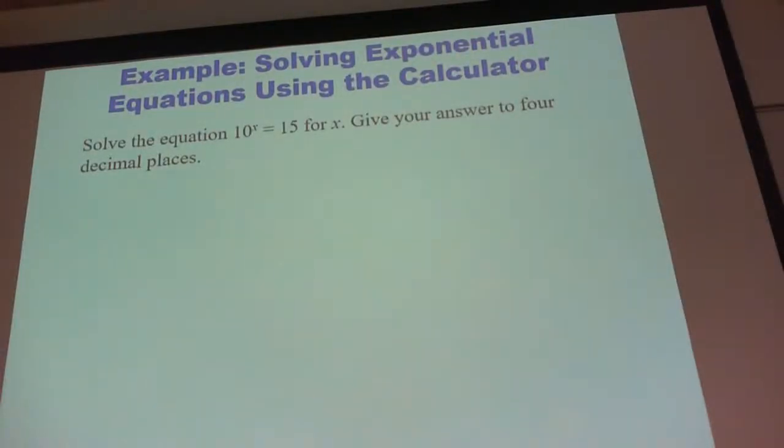Okay, what if I had, and again, if you remember these, great. If not, things to remember. What if I asked you to solve 10 raised to the x equals 15? Ten raised to the x equals 15. Okay, so the problem is 10 raised to the x. What can we do? Well,